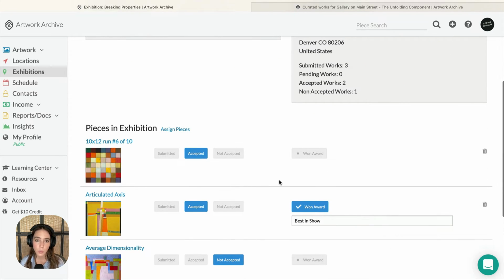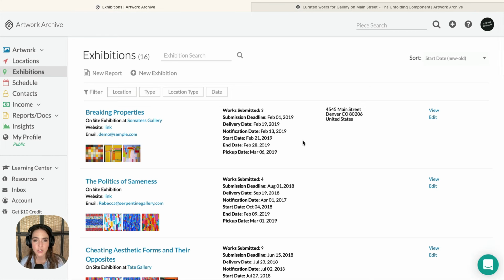And after you upload which works you submitted, you are then able to change the status of those pieces here. What's great is that when you add accepted works to the exhibition, those details will then be added to that individual artwork's exhibition history. Adding your exhibitions ensures you aren't submitting the same piece to multiple shows at the same time and helps you stay on top of critical deadlines like submission and pickup dates, because it automatically enters those